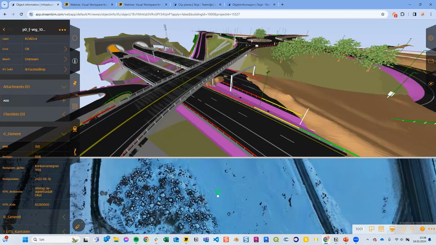Another question. Do you support IFC 4.3? Yeah, we do. What I showed earlier with the line geometry is IFC. Those are IFC annotations, so it's not 4.3 specifically. But we have support for 4.3, and regarding visualization of the alignment, for example, IFC alignment is something we are working on right now.